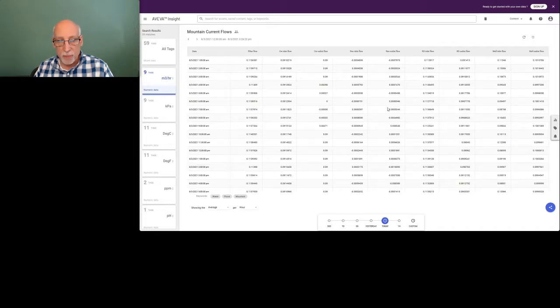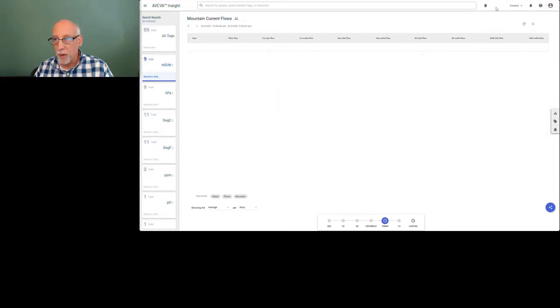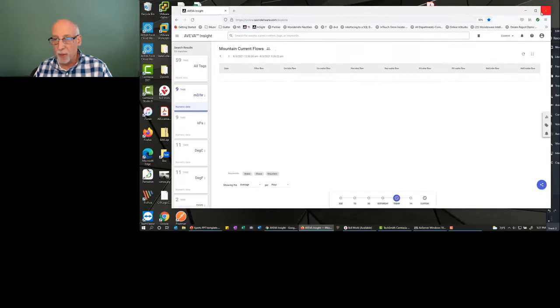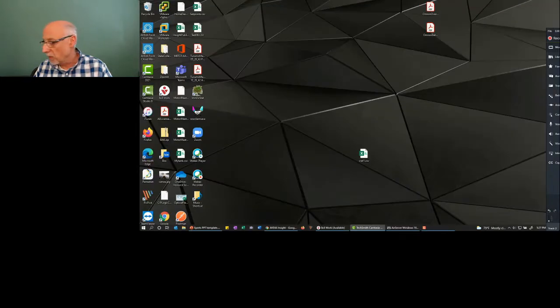I also can export the raw data out of my trends into a CSV file to be able to look at that data. So that's kind of one of our demo sites that we have. I'm going to bring up another one that I have, and we're going to get into the graphical capabilities of Insight. So if I call up this other application that I have here,